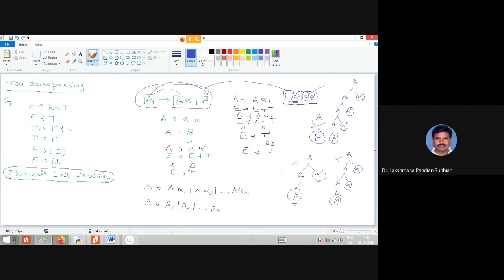Now we have to eliminate left recursion, right? So this left recursion will make this problem, right? So you have to go for backtrack, and we have to do once again construct the parse tree. So you have to do the rework. Many rework is required, as like this one, right? So here first we are trying to get that input string, right? So this is the string we want to generate.